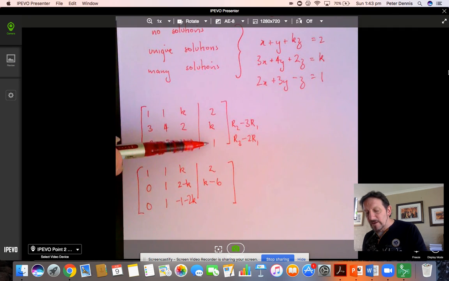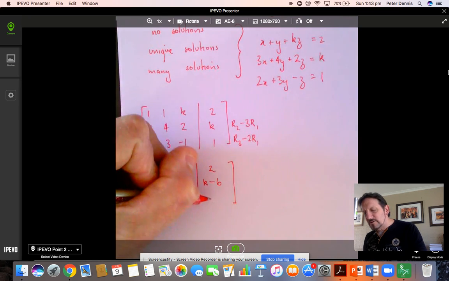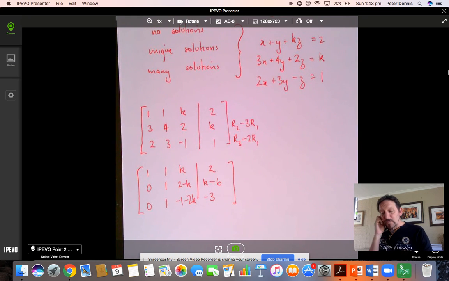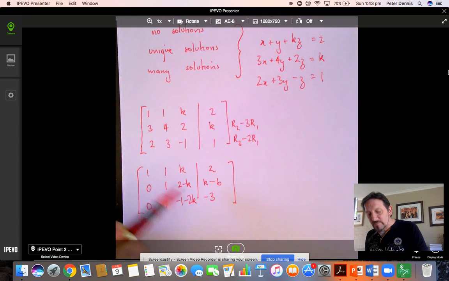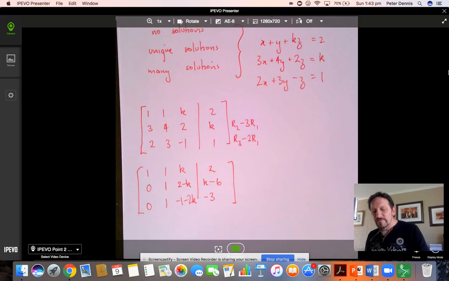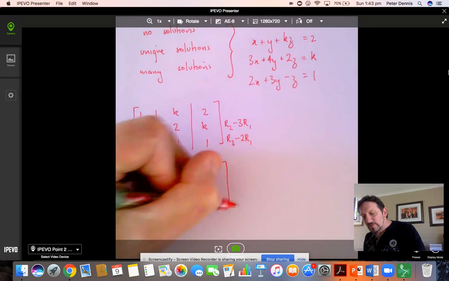And 1 minus 2 lots of 2 is going to be minus 3, sorry. And so we've got some 1s here, which is nice. And we just want to make this a 0. Then it will be in row echelon form. It doesn't look nice because of the k's, but that's okay. We can deal with that. So row 3